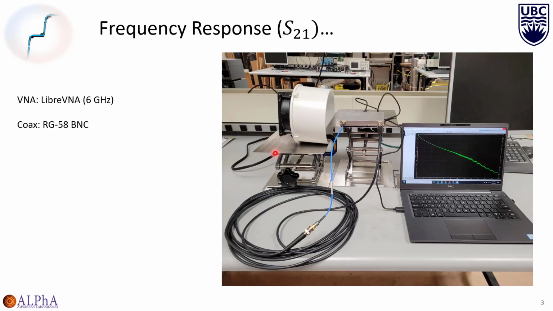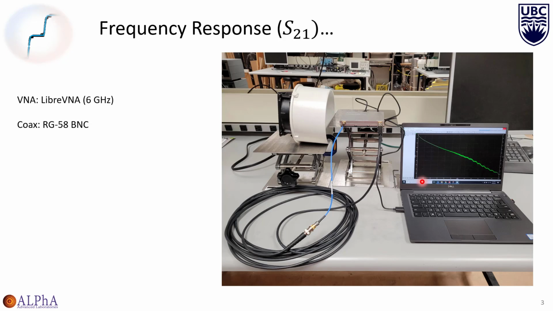So here's a photograph of the apparatus that I have in front of me. I took this picture just a few minutes before recording the video. And here's the Libra VNA. Here's port 1. It has a little blue cable coming out of it. But then we have our long coaxial transmission line that's coiled around and around and around. This is just like the cables we use in the lab every day, except it's long. It's about 8 meters long. And then it goes into port 2, and there's some software that's used with the Libra VNA to measure this